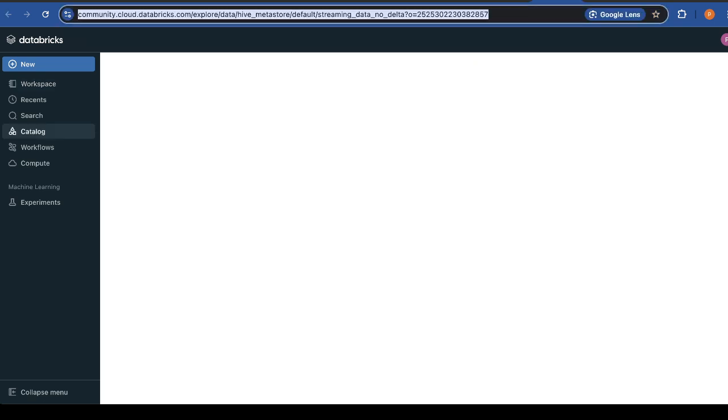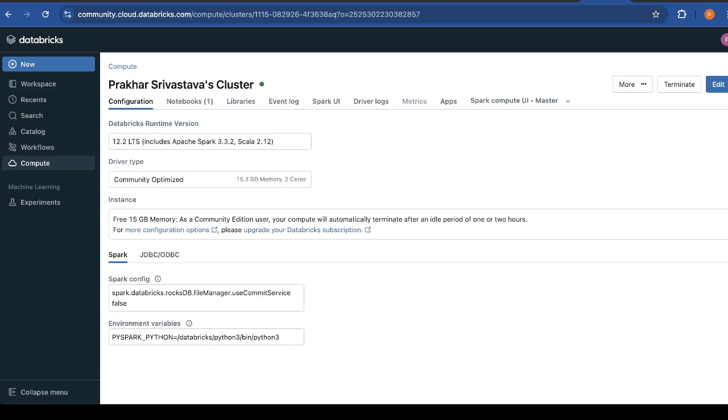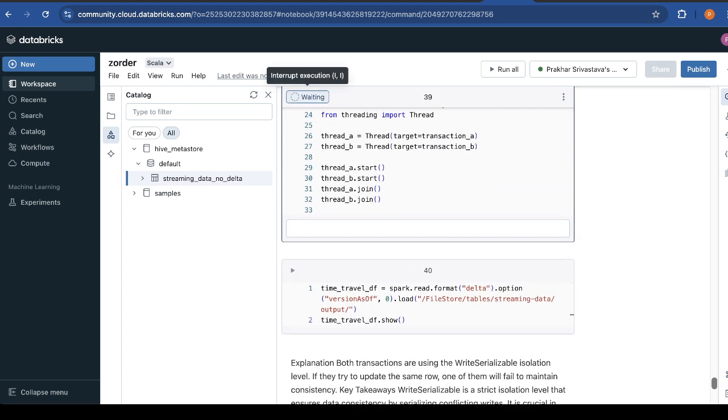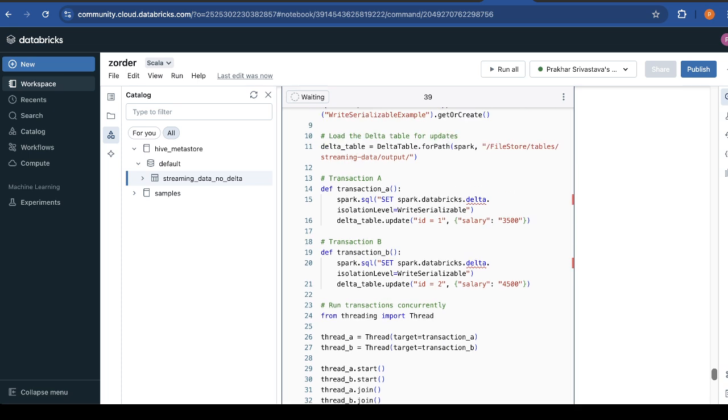It's still not coming. Let it run. I'm updating ID 1 and ID 2 with a different salary, and when it ran,